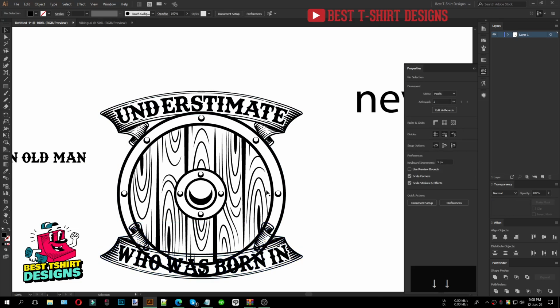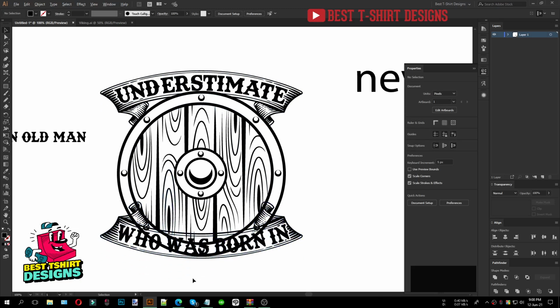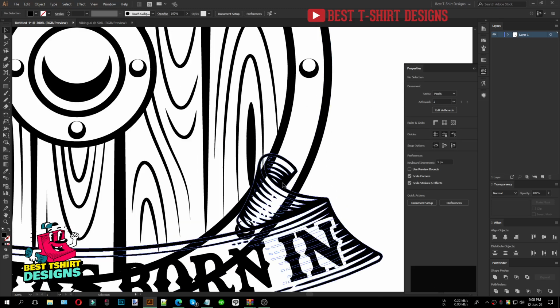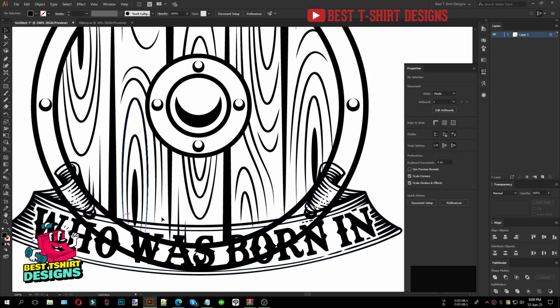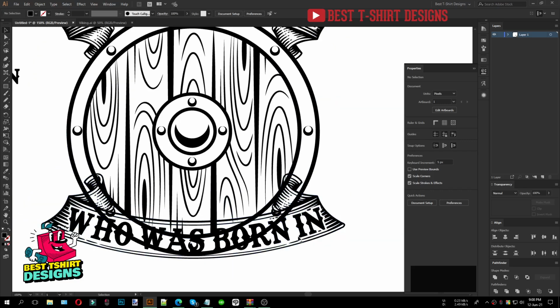So if I am putting this area of the shield on top of that ribbon, then I want to keep this area of the ribbon on top of my shield, but I want to make it look like this part of the ribbon is going behind my shield and this part also, but this part will be on top of my ribbon. So how to do that?